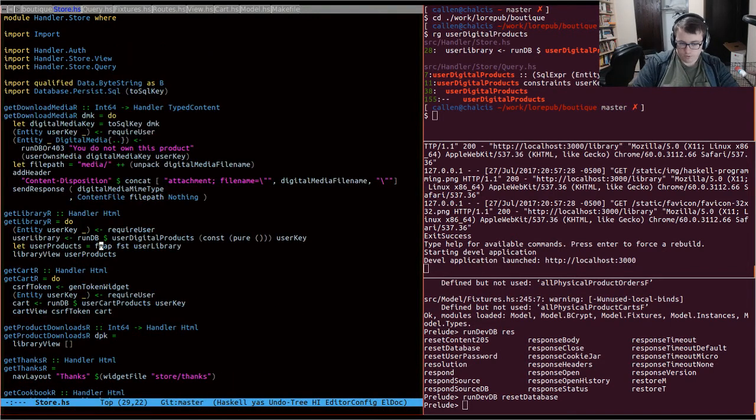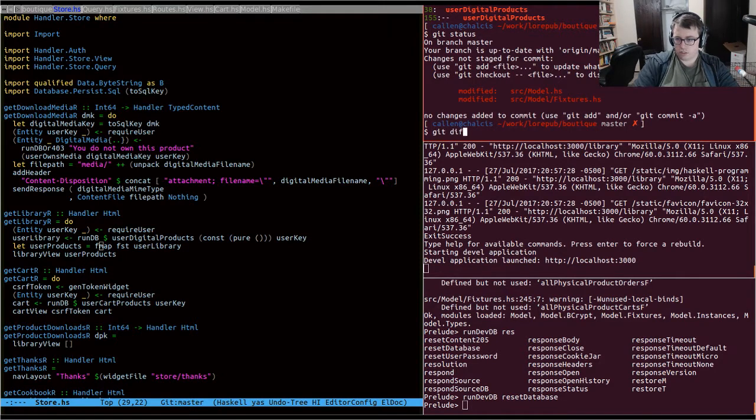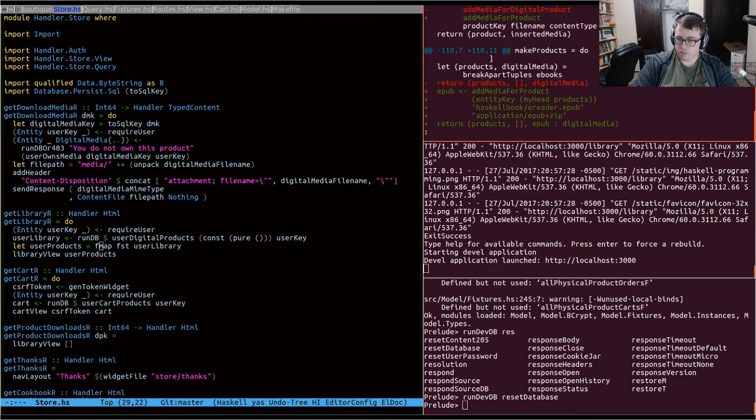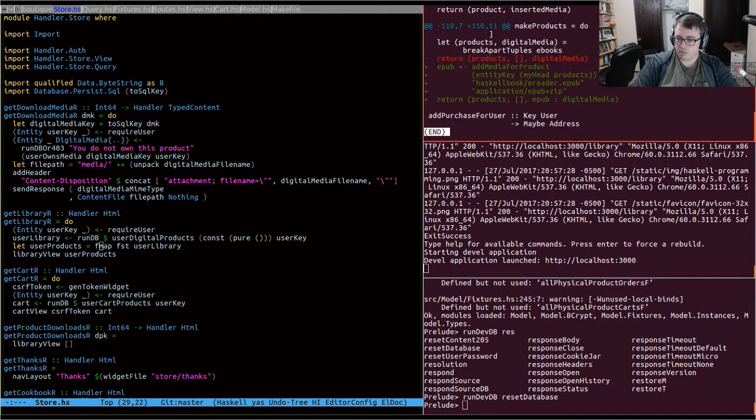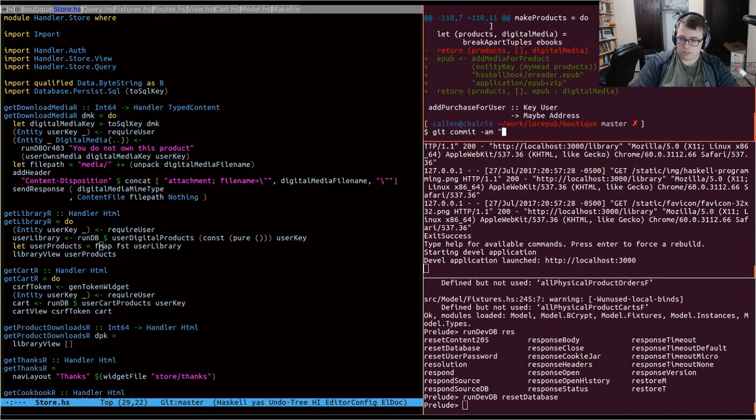Okay, well, I may not be utterly happy with this, but I do know what I need to do. Okay, so we're gonna say epub fixture data,